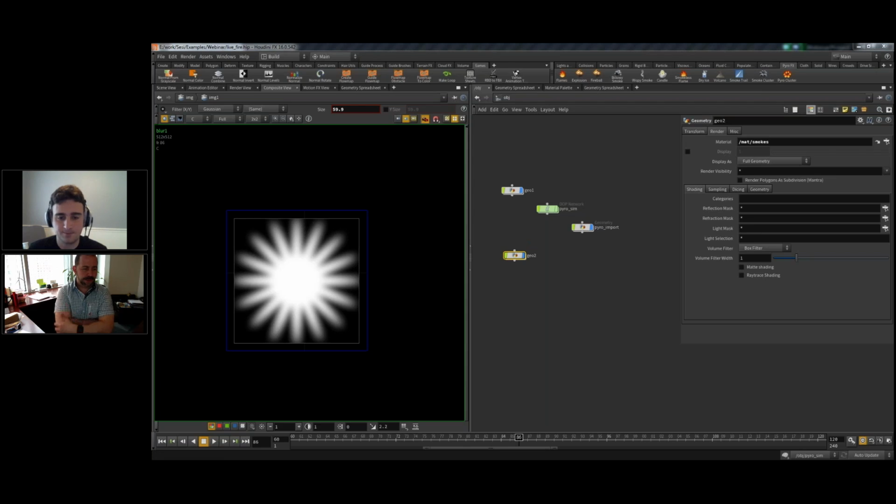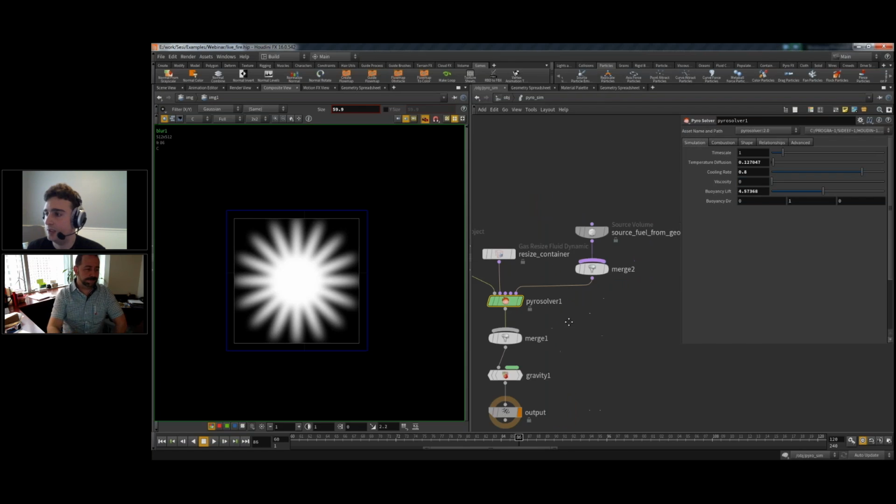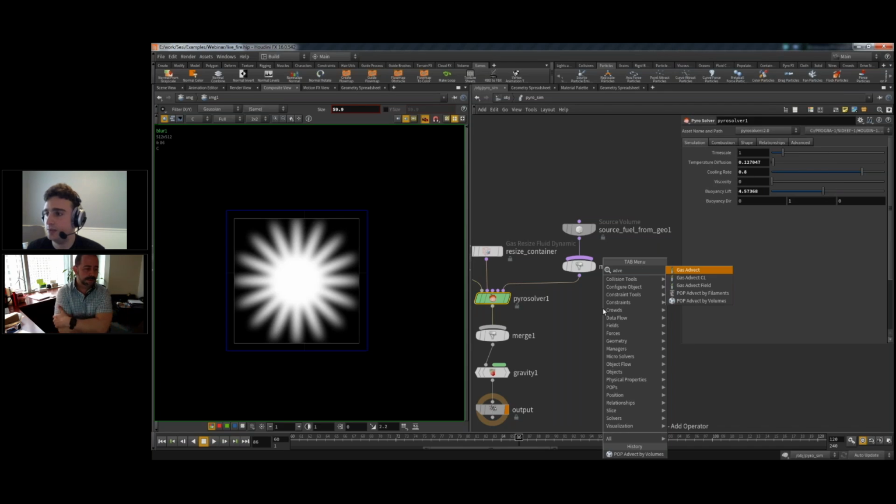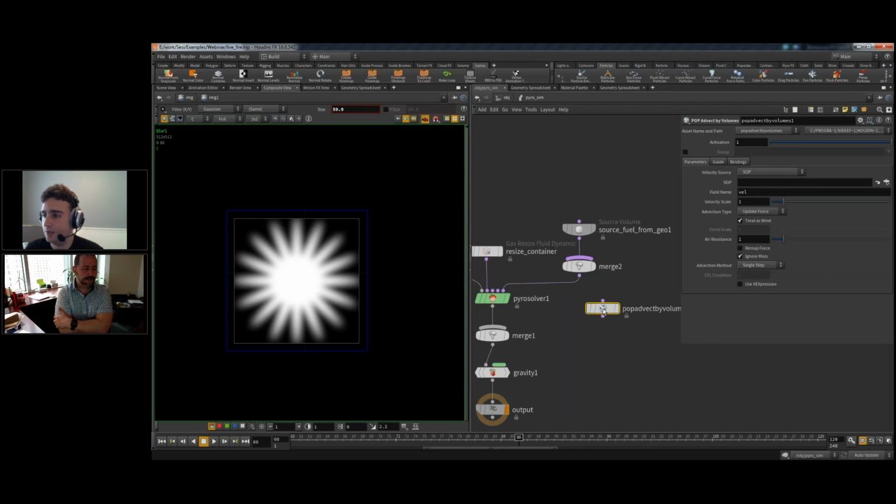Would particle animations work with the same workflow? Yes. Sadly, I think we just ran out of time, but it's exactly the same, and that's why I didn't really get into it, because after some point it's just the same. I'll still send you guys the files with the advect, but essentially you go in here, you source particles from that kind of fire, and then in the POPs there's an advect by volume that you drop in, and basically you read in the SOP that you had to generate it,